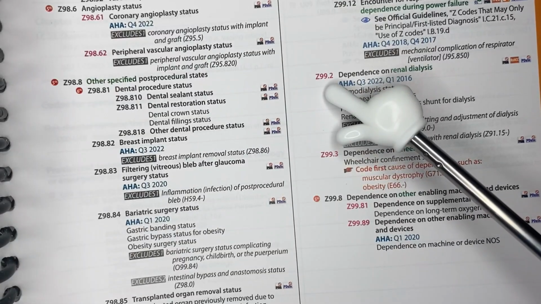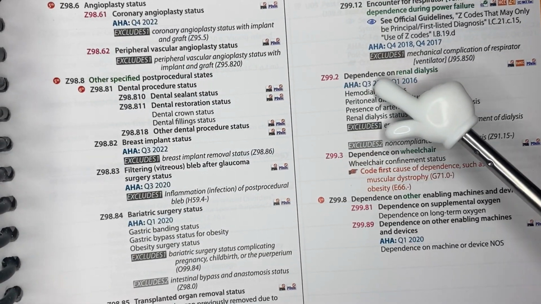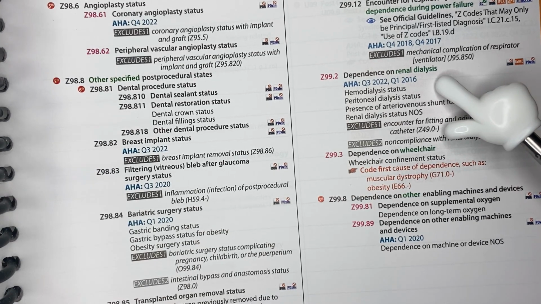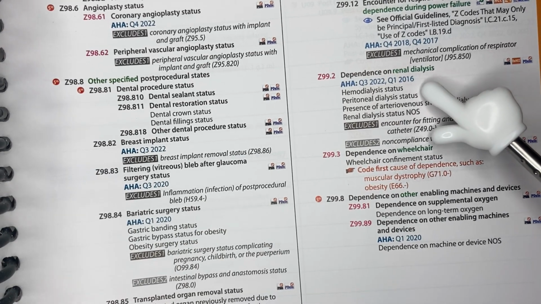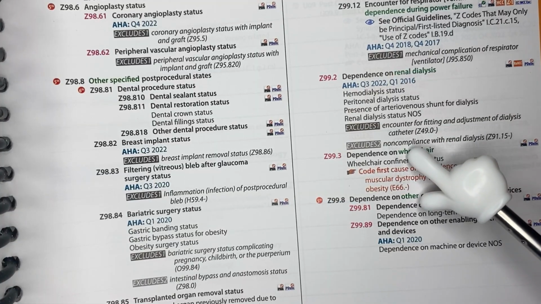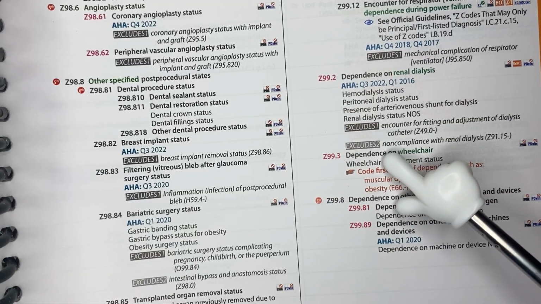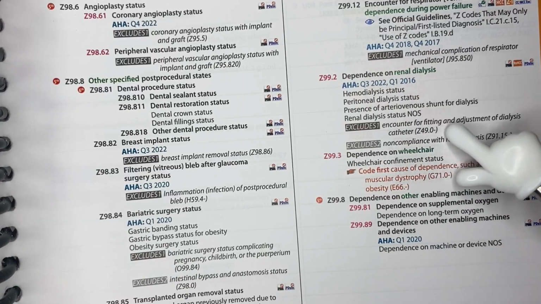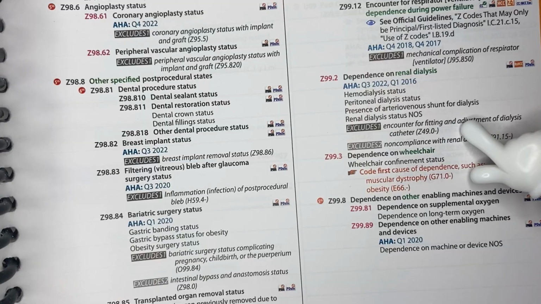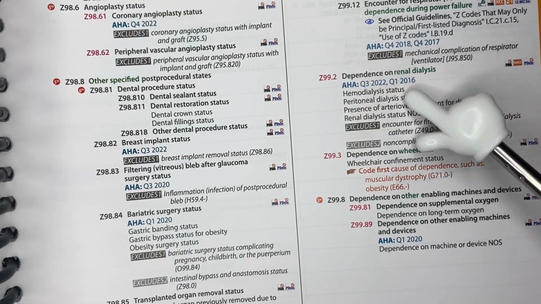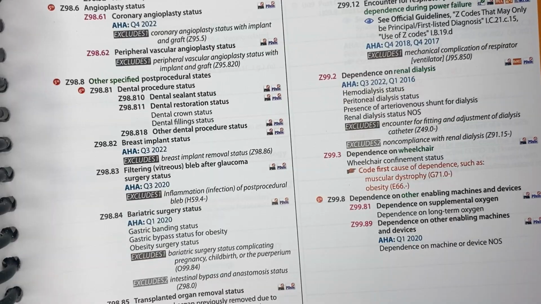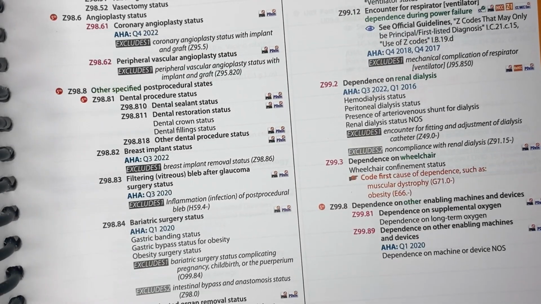Now we found our Z99.2, and it says dependence on renal dialysis. So this is our Z code for the dialysis treatment. And it just states hemodialysis, peritoneal dialysis status, and other excludes one and excludes two notes. So now we are officially done with all our codes. We have our correct sequencing, and this Z code is going to go at the very bottom of all our other codes. Let's trade our ICD-10 book